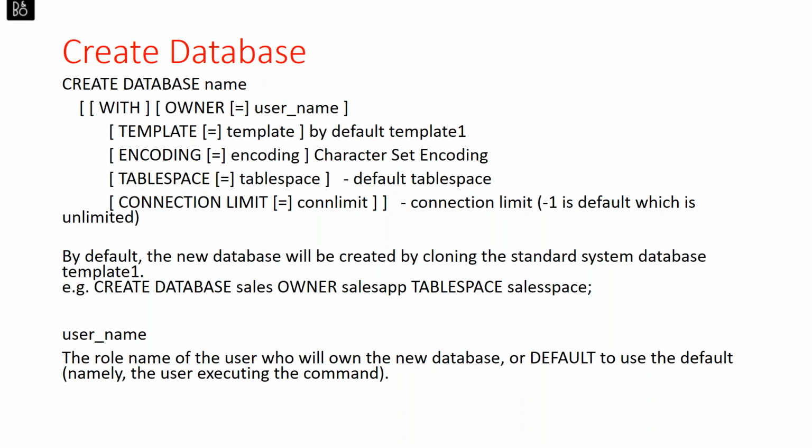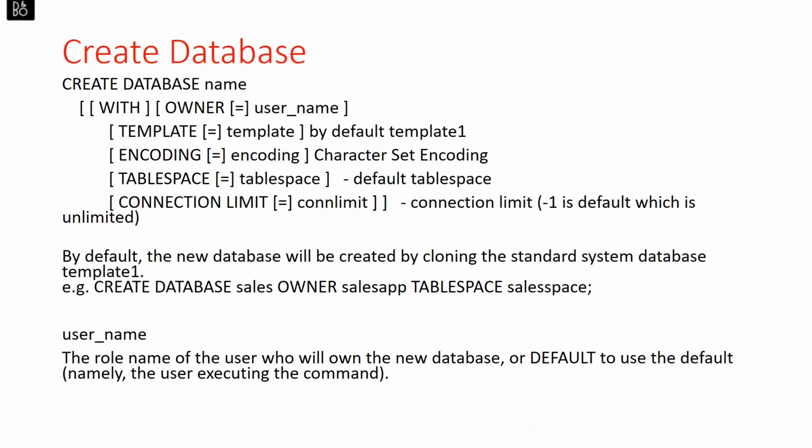Generally, template one will not have data. Assume you have some basic functionality, some structure in the organization. Assume that every database should have these 10 tables minimum, or maybe these 10 users minimum. Why create them each time, or copy these objects from another database to the newly created database? Instead, create these objects in template one, and then when you create a database, these objects will automatically come into that new database, because you have created those objects in template one.